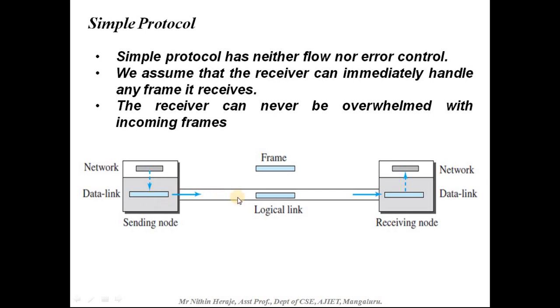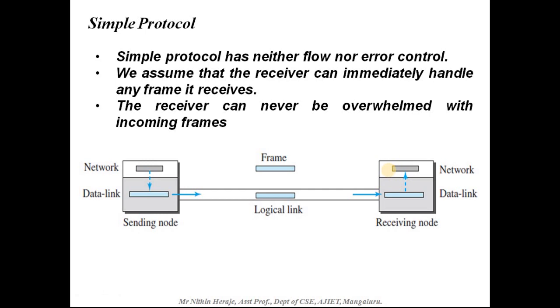So this frame is sent through a logical link or a connection. Okay, so the frame is being sent and it has been received at the destination end in the data link layer, and from the data link layer the data is sent to the network layer as packets. So you can see in the network layer you will have the same data that was there in the sender node, the same data will be there in the receiver node, that is with respect to each adjacent layers. Okay, it will be having the same data.